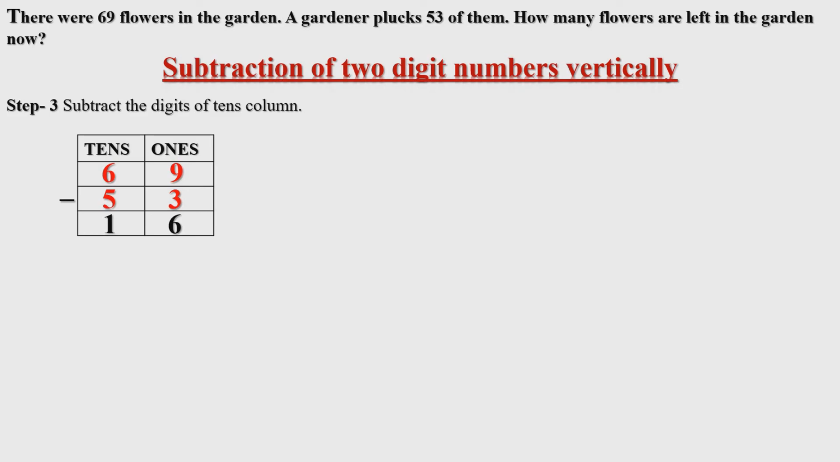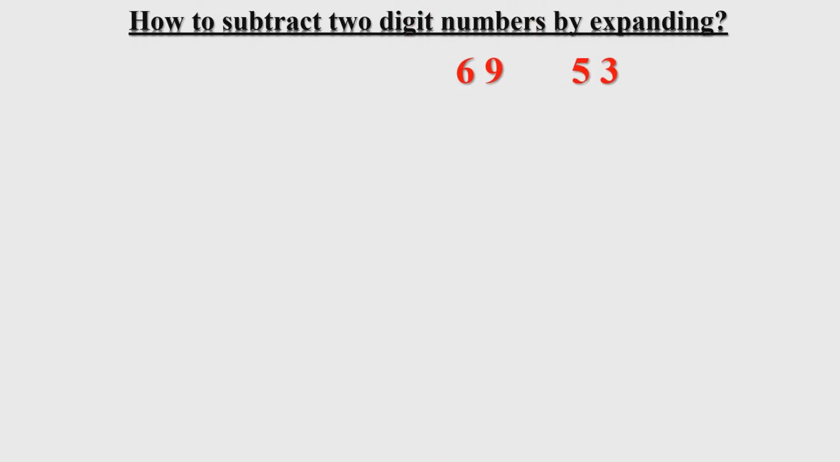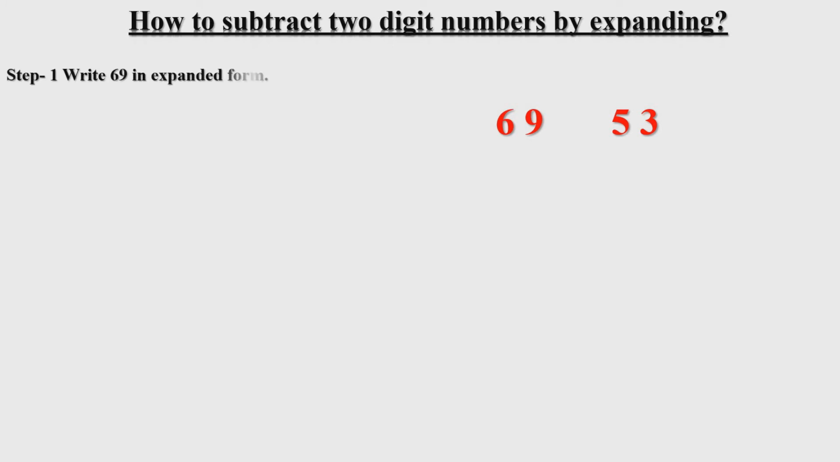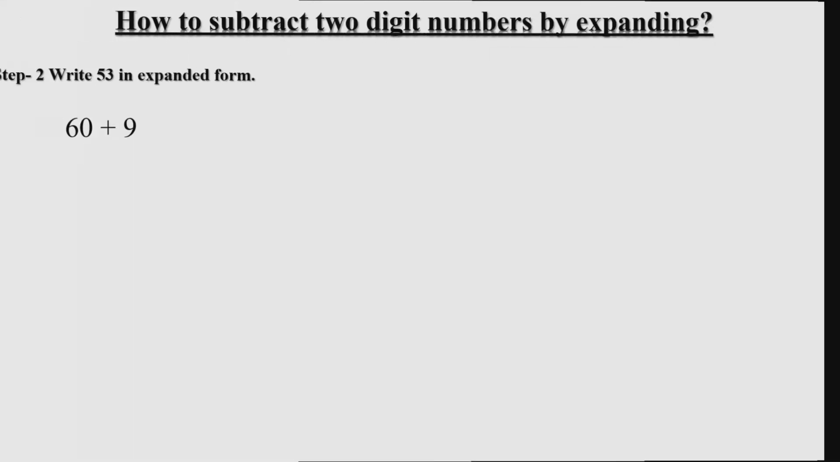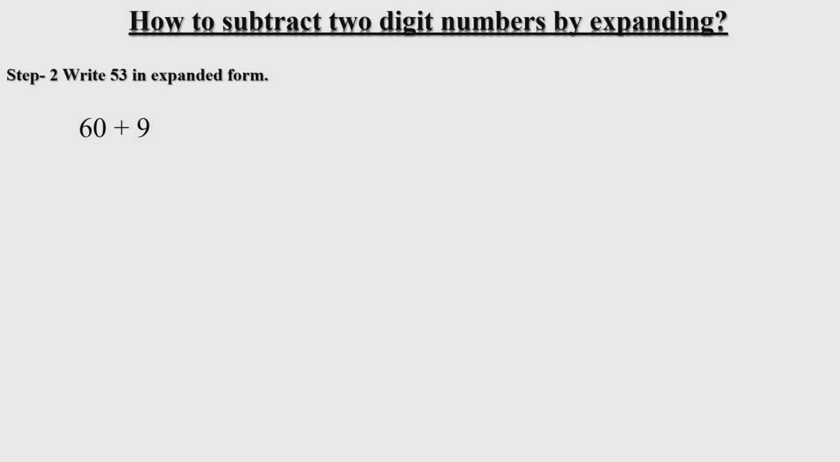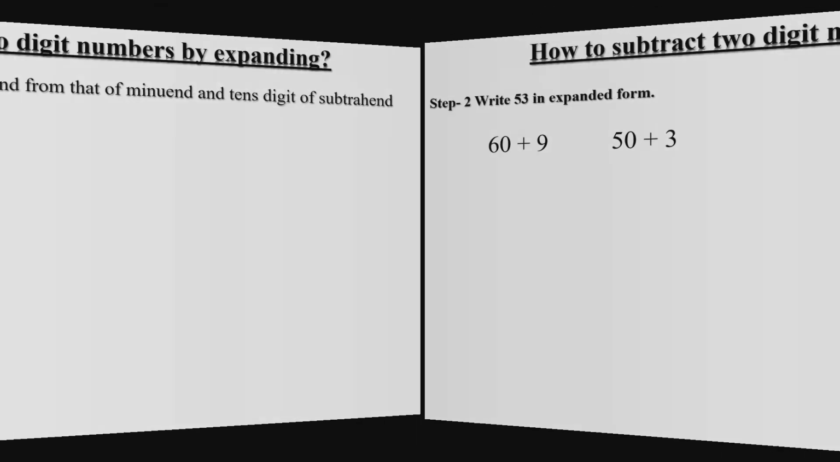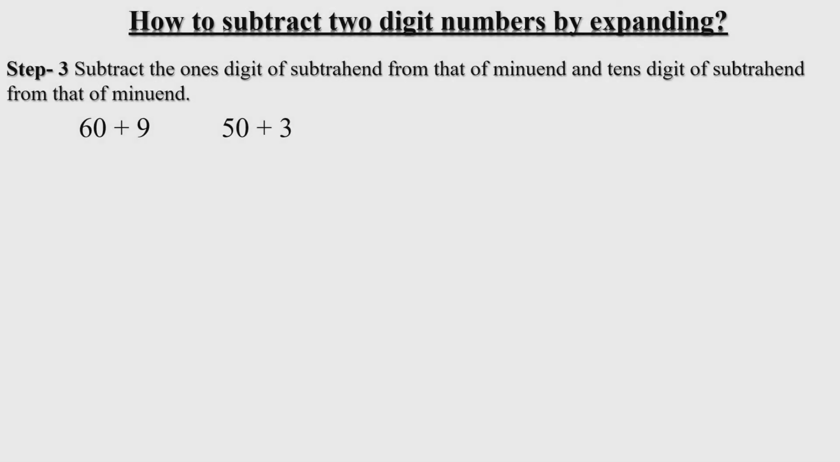Let's do by expanding stepwise. As we have two numbers 69 and 53, step 1 is write 69 in expanded form. That is 60 plus 9. Step 2. Write 53 in expanded form. That is 50 plus 3. Step 3. Subtract the ones digit of subtrahend from that of minuend and tens digit of subtrahend from that of